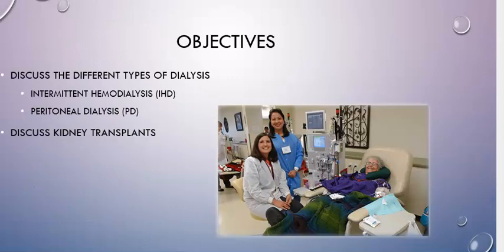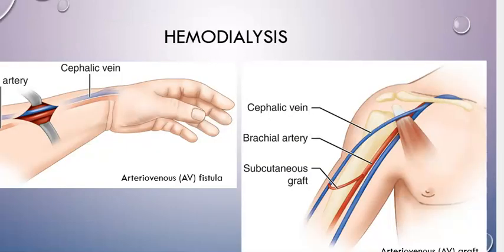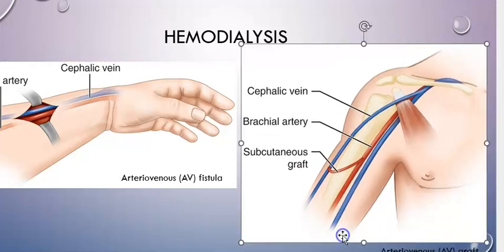Here are your objectives. Hemodialysis, they're going to have a fistula that goes in the arm. This is where you're going to listen for,